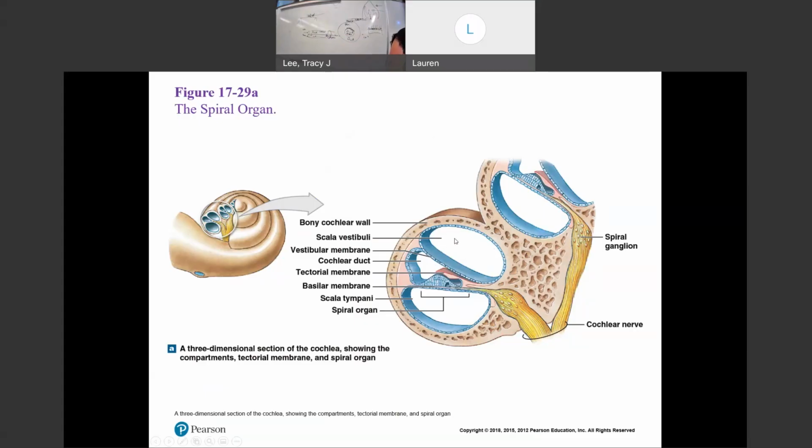What happens is as the fluid goes up the spiral, it begins to vibrate. It passes that vibration into the middle part. And this is my basilar membrane. And as it does that, it begins to wiggle this basilar membrane right here. So as the fluid moves, if this is flexible, it moves the pressure over here and it begins to wiggle this basilar membrane based on the pressure, based on the flexibility. Remember I said different sounds have different flexibility in different locations. So wherever the location is where it allows it to be flexible, we're going to see it begin to wiggle